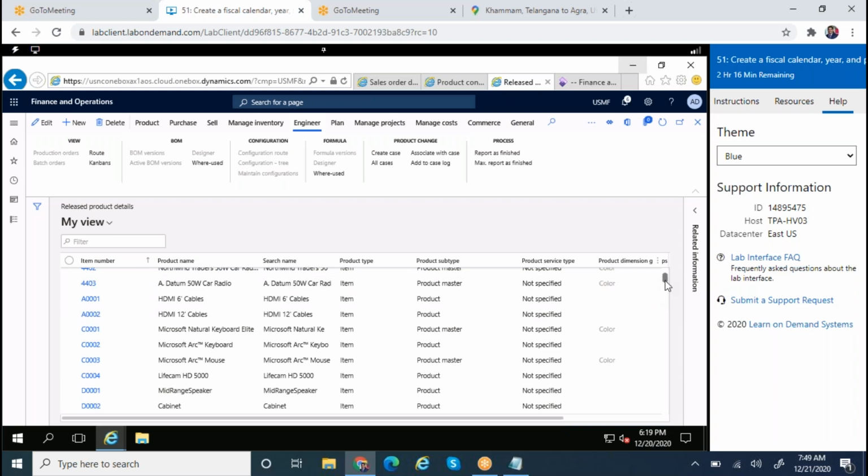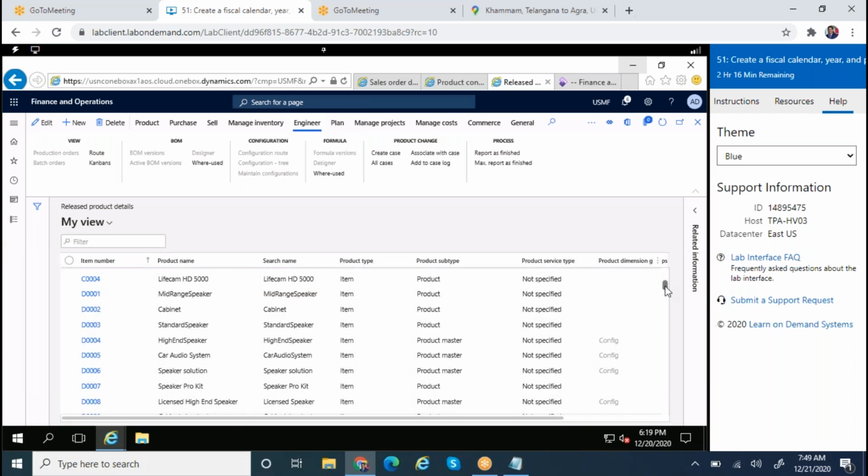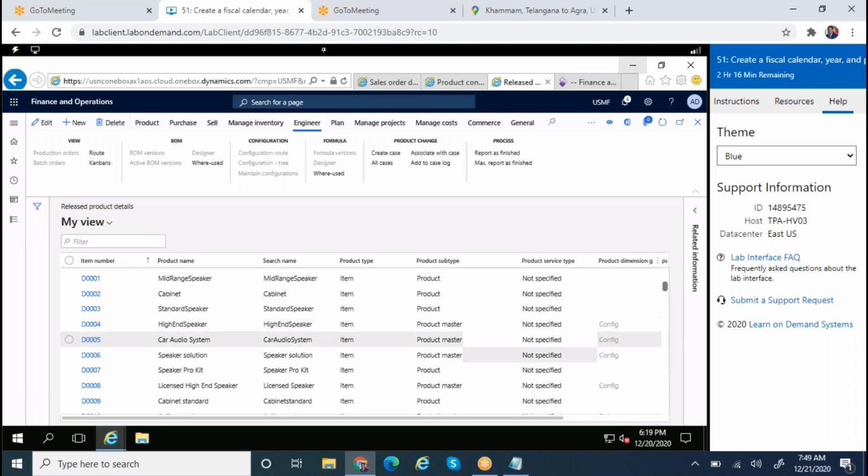If you verify in the standard, only these D004, 5, 6, and 8 are the only four items that are product configuration enabled with the dimension based configuration technology. What it means is, while creating a new item,